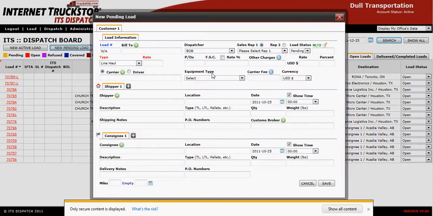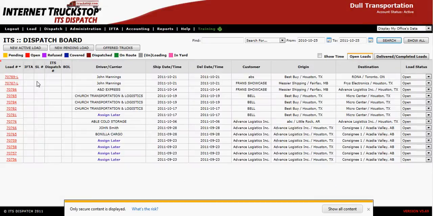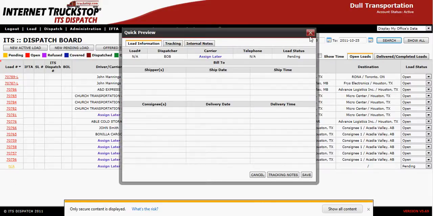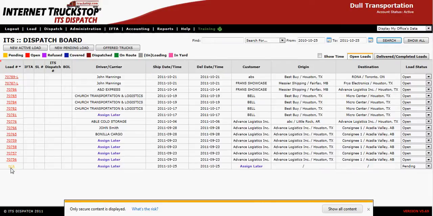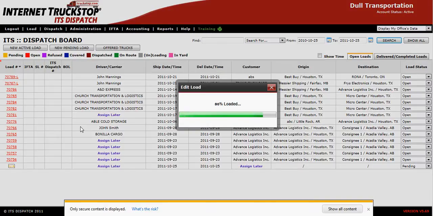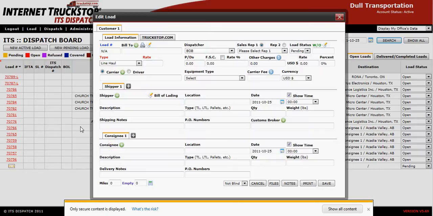And at this point here, if you were to get interrupted, you could simply hit save. And you'll now notice on your dispatch board, you have a load called NA. This is the load that we just saved. It will stay as an NA load until we complete filling out the whole complete load edit page. At that point, we will change the status from pending to open, and at that point, the load number will